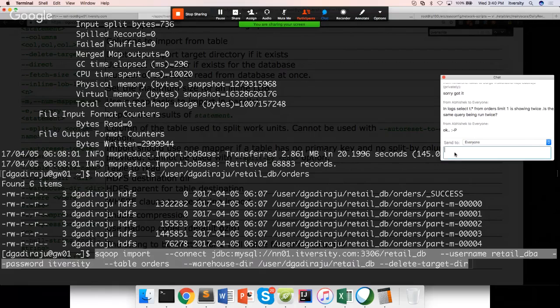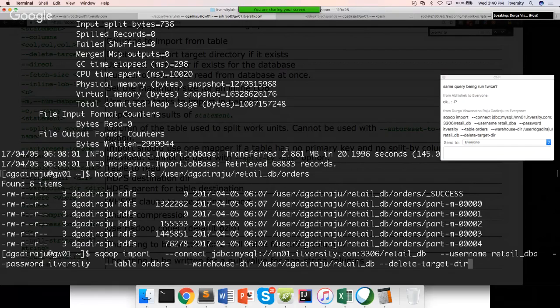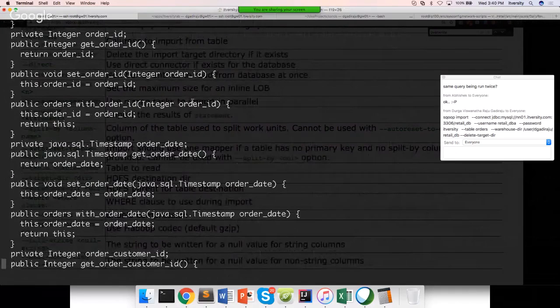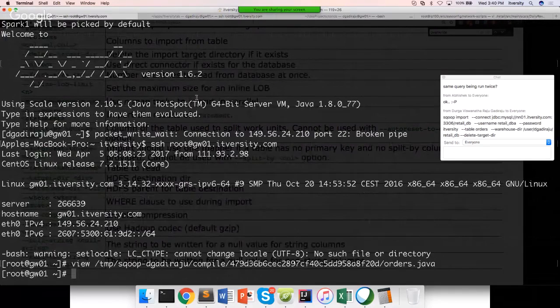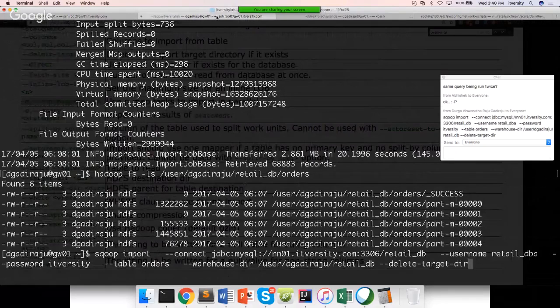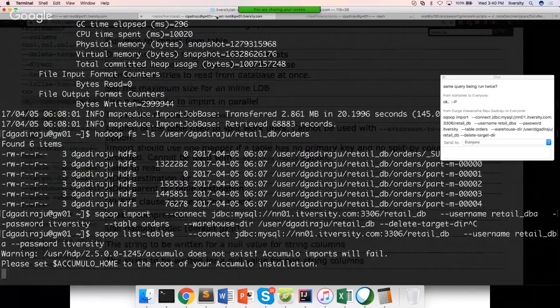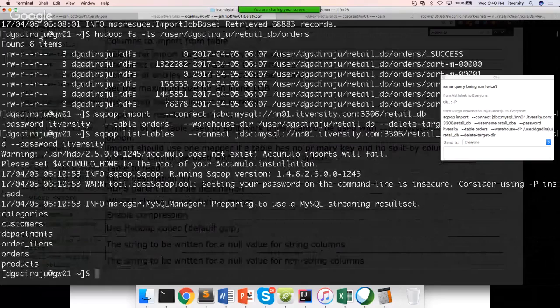What I want you to do is import all the 6 tables. So first you go to MySQL and identify what those 6 tables are, or you can actually do list tables. Already I told you earlier to run list tables, list databases, etc. So use this command, list the tables, and then run the Sqoop import for each of these tables, and make sure all the tables are copied to the base directory, to the working directory